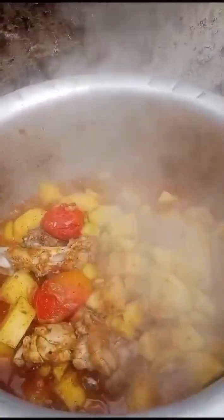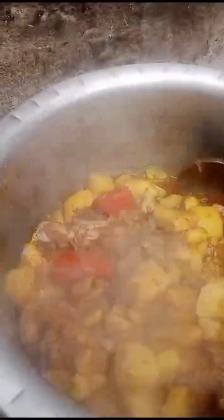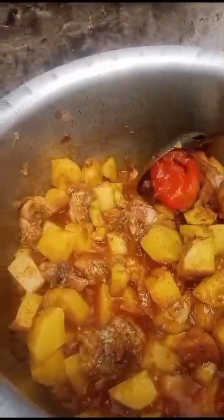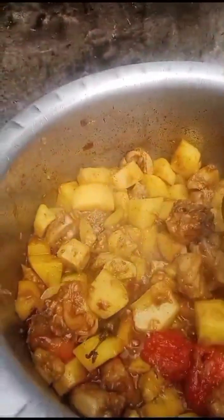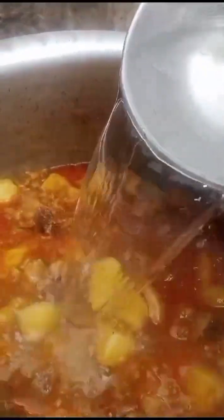Cook and simmer 10 to 15 minutes and stir all ingredients. Take out the oil. After preparing the masala,